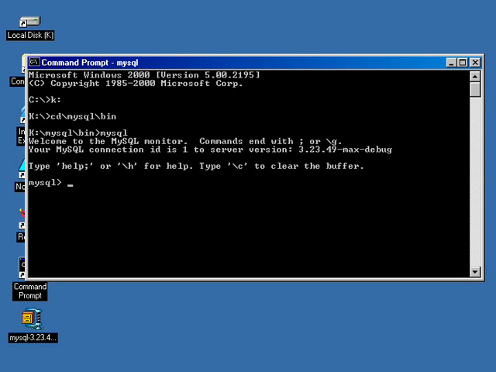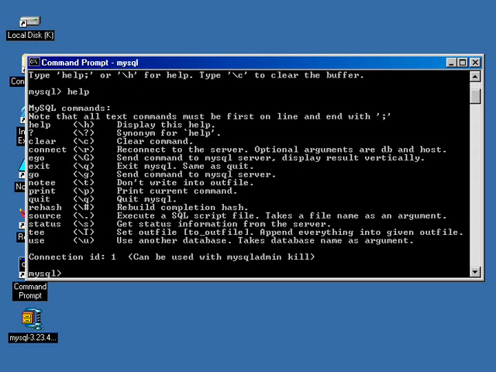Yep, sounds good. So one of the first things you'll see after getting in is that you can type help or \h for help. And we'll just take a look at that real quick. So I'll simply type help, and you'll see that we have a series of MySQL commands that we can fire real quick to do some simple stuff. Help, which really just shows you this, and \h, same thing. And we can clear, connect. There's a whole bunch of different things that you can do, and there's a listing of them and a description over to the side. Another thing that you may find very useful is,